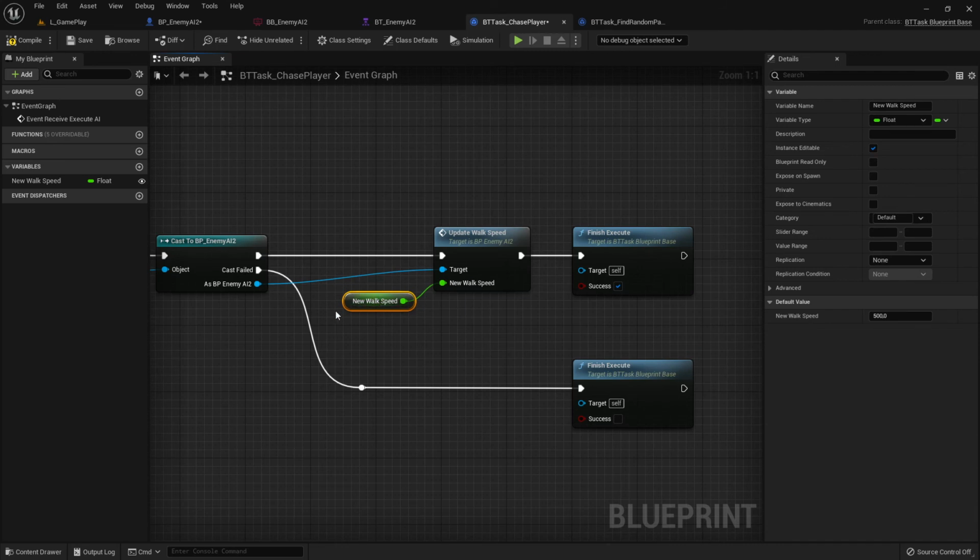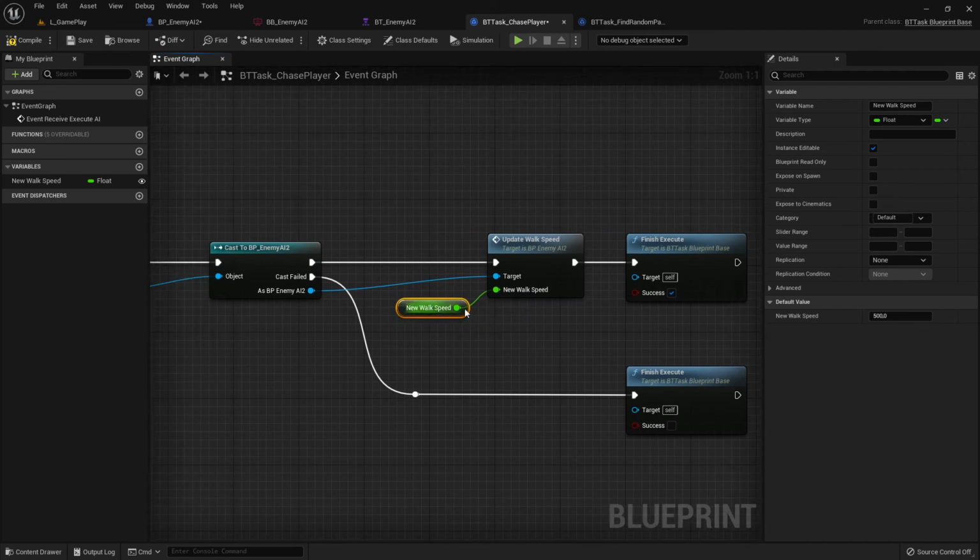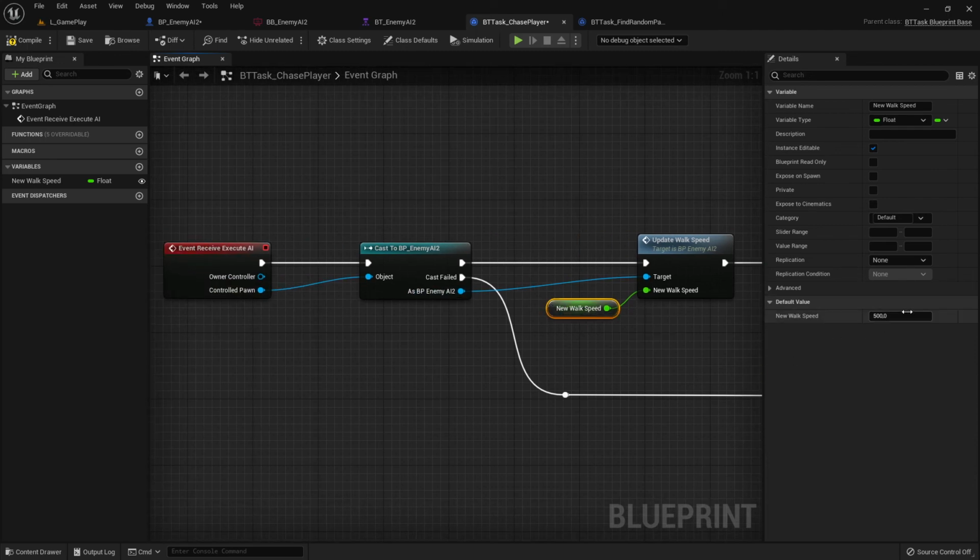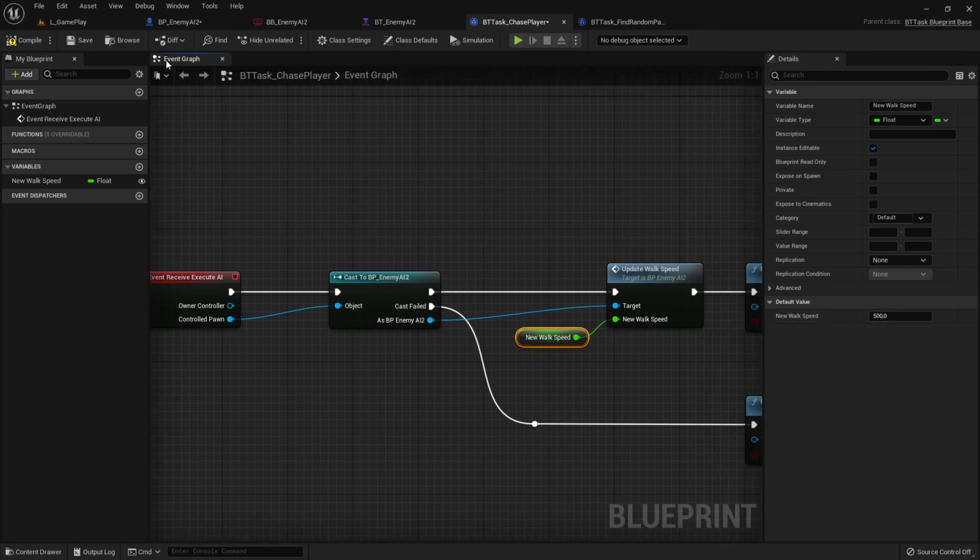And here I created this variable, right? I promoted this one to the variable, and this one I want to set here on the right on the details panel, you click instance editable. And the reason for that is if you click this one, we can change this value outside of this blueprint. And what this means is if, for example, a non-programmer wants to change here the speed, he has not opened up this blueprint, find this value here, change this here manually,